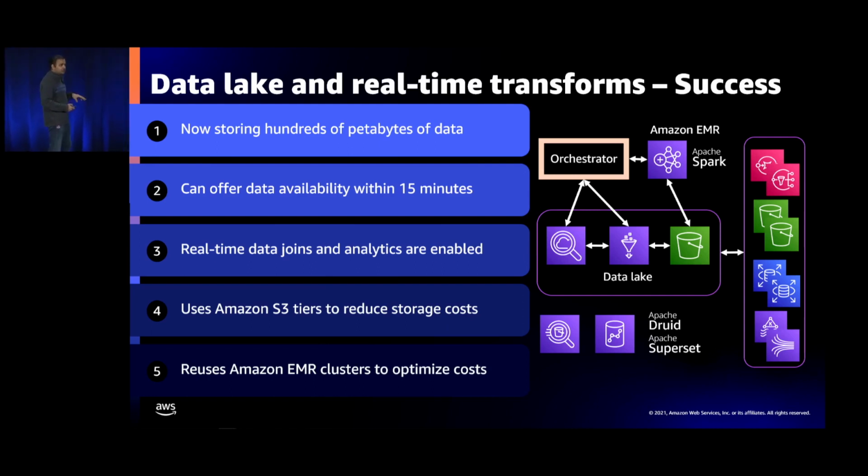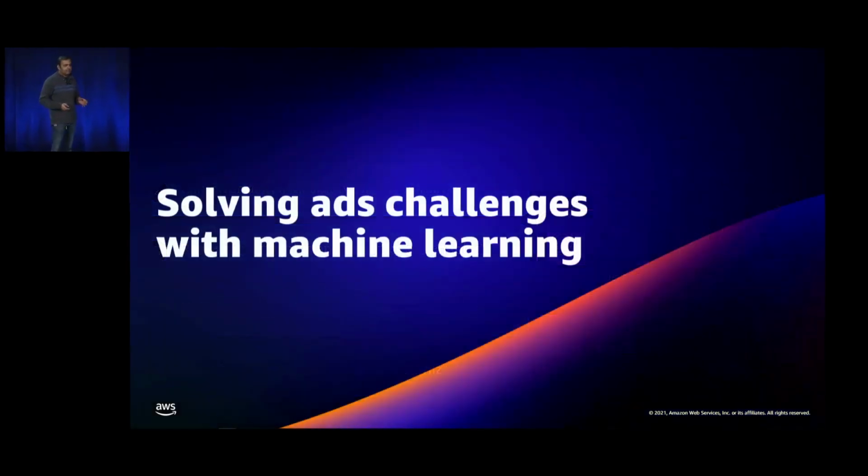To reduce our costs, we employed S3 tiered storage. The data that was not being used, or the data that got old, was put into colder S3 storage, which was much cheaper. Another optimization was that we reused our EMR clusters. EMR charges you even at boot time, and by reusing them, we reduced the boot times multiple times spinning up the EMR cluster, and that also improved our costs tremendously. All this data proved to be gems and jewels for our machine learning systems. Our analytics improved, and it was fun.